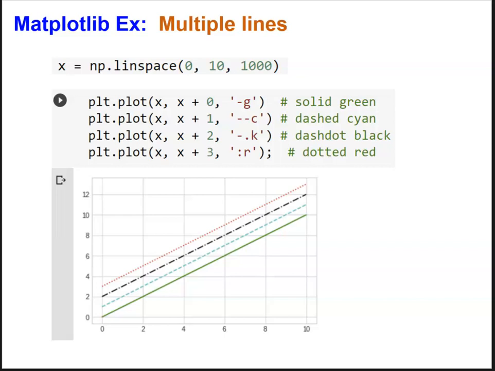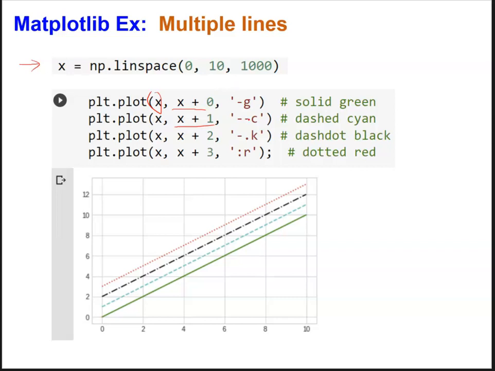Now let's look at how we can plot multiple lines in Matplotlib. So again, we were working with these points, right? Just points from 0 to 10, 1,000 points between 0 and 10, and they're linearly spaced. So now you can plot these numbers, the x values on the x-axis, and you can plot x again on the x-axis, x plus 1. So you're just changing the slope of the line over here, just to give you an idea of different types